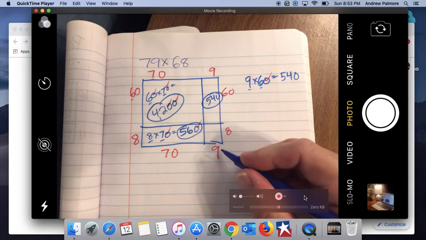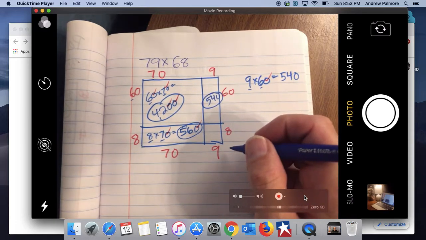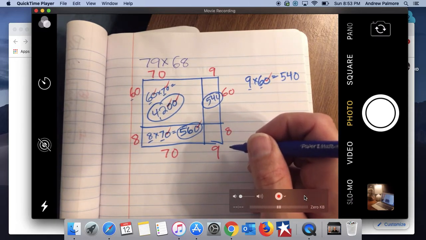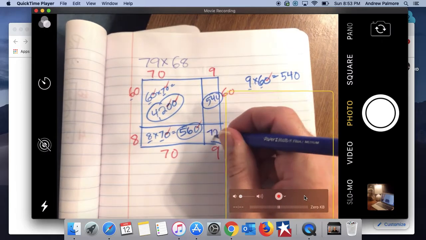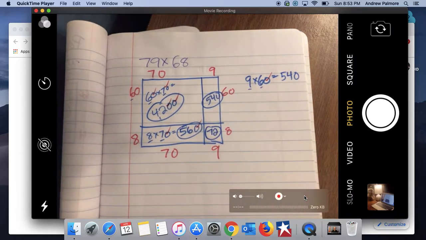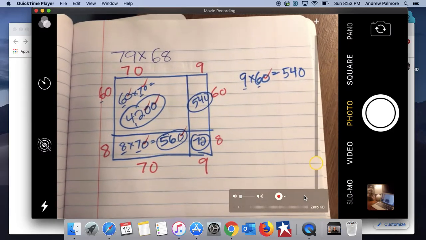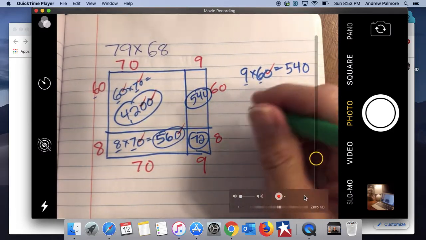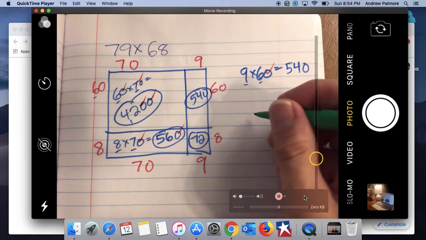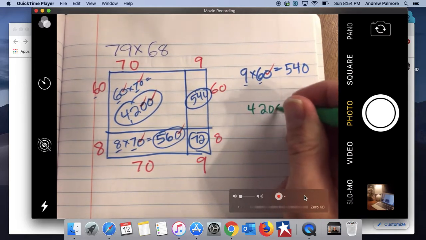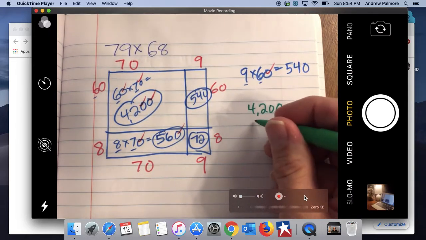And then we have just 9 times 8. Okay, if you know your multiplication tables, you would know that would be 72. If you don't, you can skip count by 9s. 9, 18, 27, 36, 45, 54, 63, 72. Okay, now I'm going to add up my partial products here. Okay, careful to line up the numbers on the right side of the numbers. So 4,200,